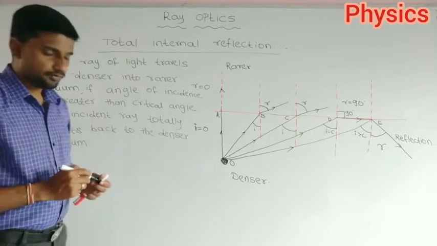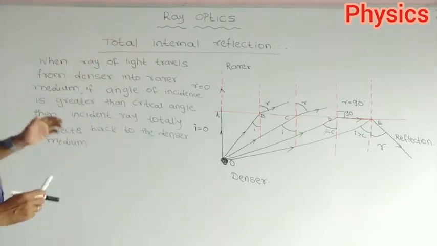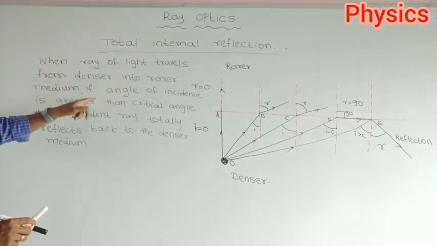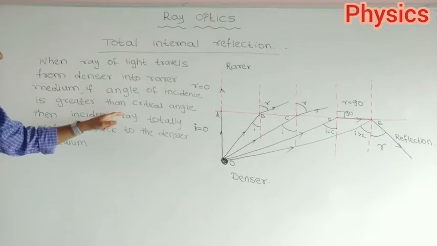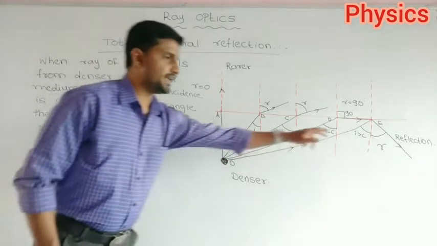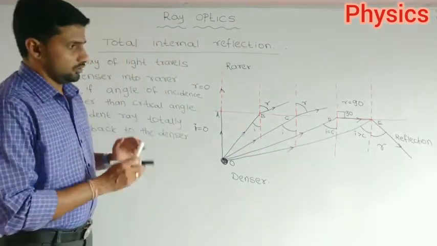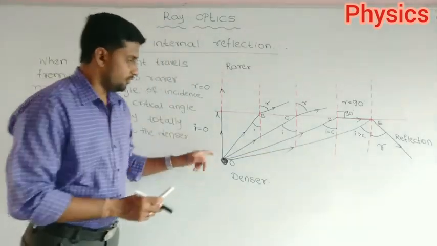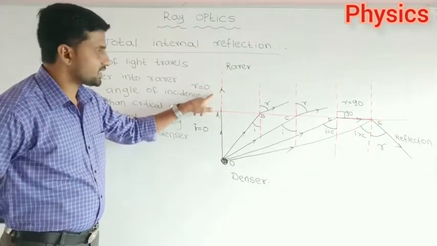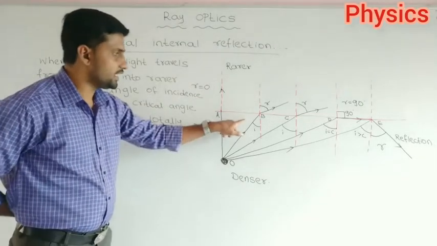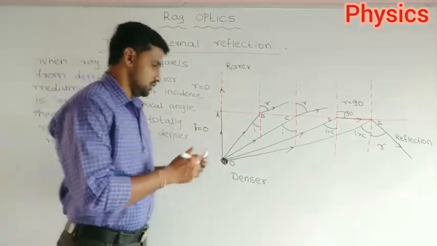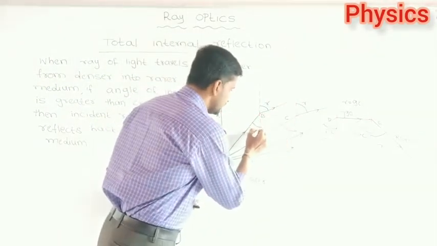Then that phenomenon of light is called total internal reflection. When a ray of light travels from a denser into a rarer medium, if the angle of incidence is greater than the critical angle, then the incident ray totally reflects back into the denser medium. So from the beginning you will observe that first you are incident light normally, then no refraction of light takes place. In the second case, when you incident a ray of light at a particular angle, in this case the angle of incidence is less than the critical angle,